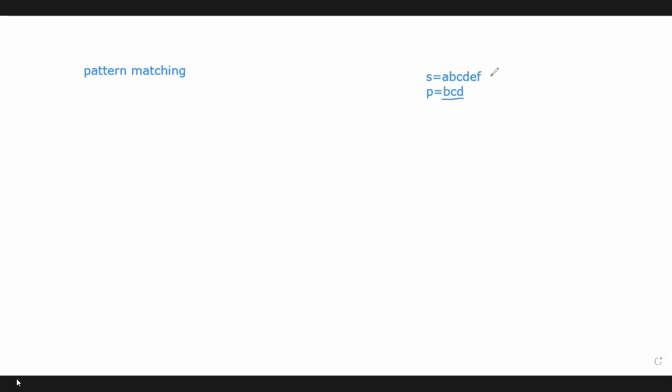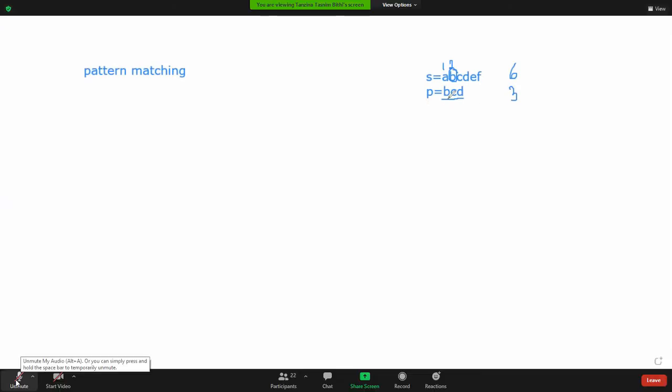This is the string and the length of the string is 6, right? And the length of the pattern is 3. Always the length of the pattern should be less than the length of the string, right? So in position 1 the character is A, in position 2 it's B. That means this is the position where we can find the given pattern. So after getting a matched result, it will provide us the index value, that is, in which position we got our pattern.